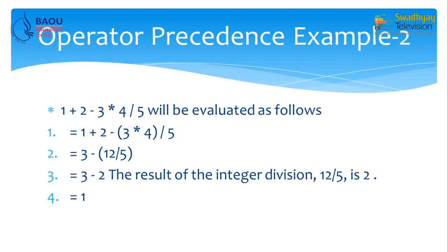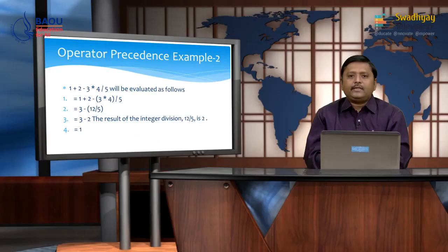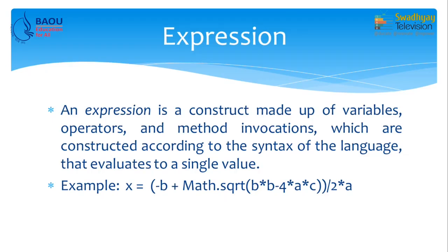So, this is an example where we use operators with higher precedence and the same precedence, and we know what will happen when two operators have the same precedence. Remember, they will be evaluated from left to right. So, the operator on the left in the expression will be evaluated first. We have already written down some expressions.